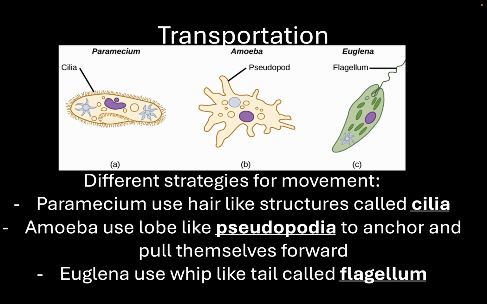They also have a few different modes of transportation. And this shows us how diverse they are. If we look at paramecium here on the left in figure A, we can see the structure of the single-celled organism, and it's surrounded by these really tiny little hairs called cilia. And these little hair-like structures, if they're all moving and all contributing to motion in a single direction, help this organism move around.